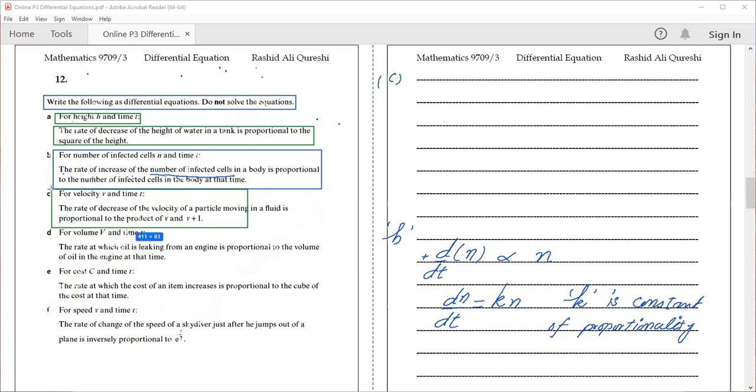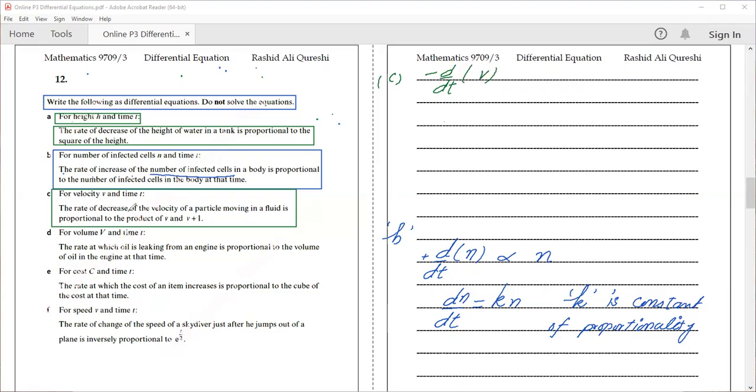Whenever you have the word velocity, I will replace it by small v, and whenever you have the word time, you have to replace it by small t. So the first sentence of the C part, the rate of decrease of the velocity. So minus sign, rate of decrease, d by dt of velocity